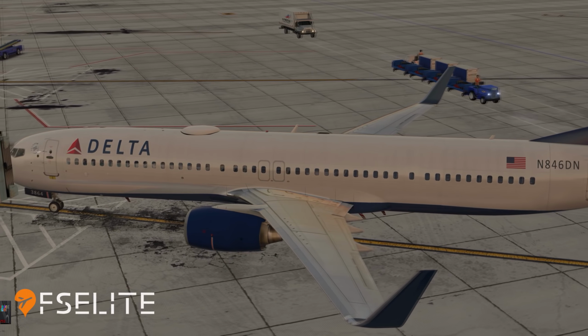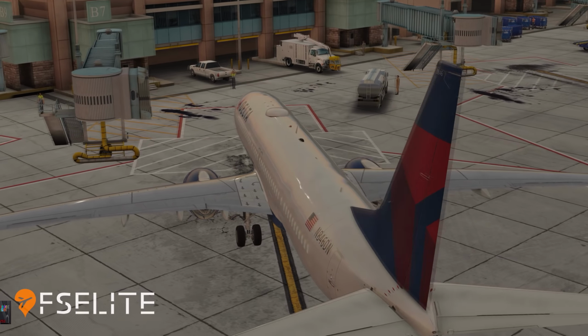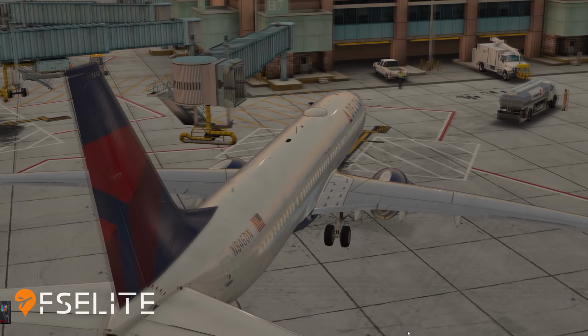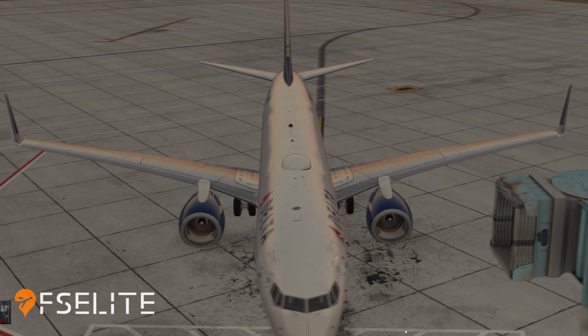Let us begin by taking a look at the exterior 3D modeling and texture work. The very first thing that will strike you when you first look at this aircraft is how well PBR has been implemented on this aircraft. As a matter of fact, I think this is the very best PBR implementation I have seen on an X-Plane 11